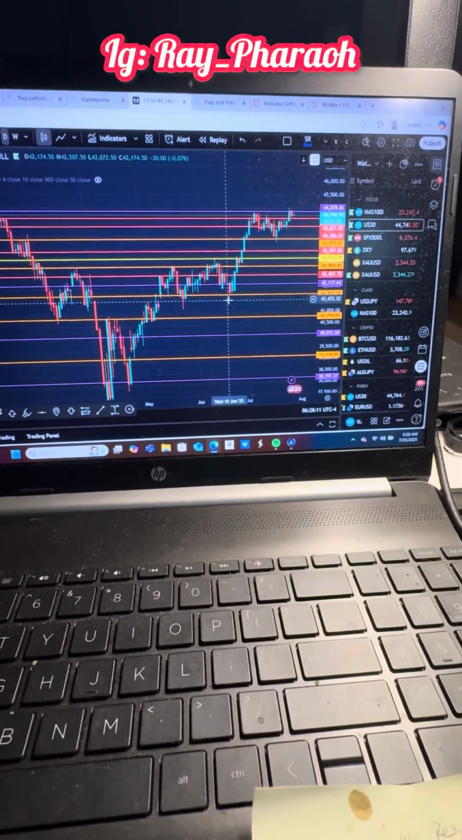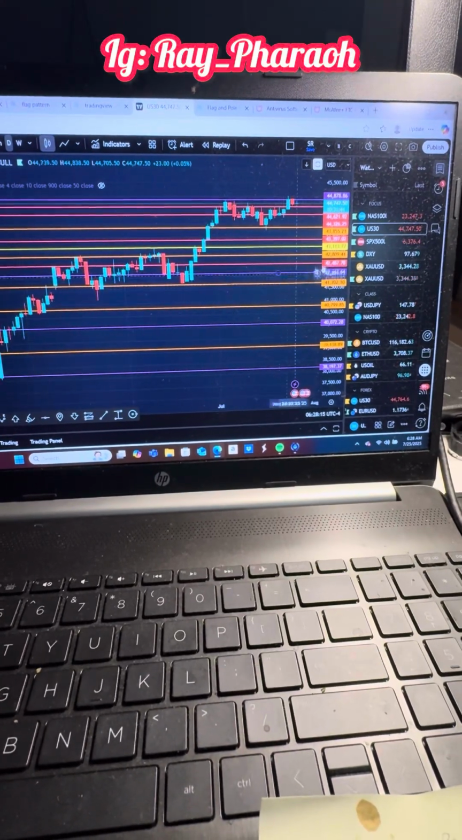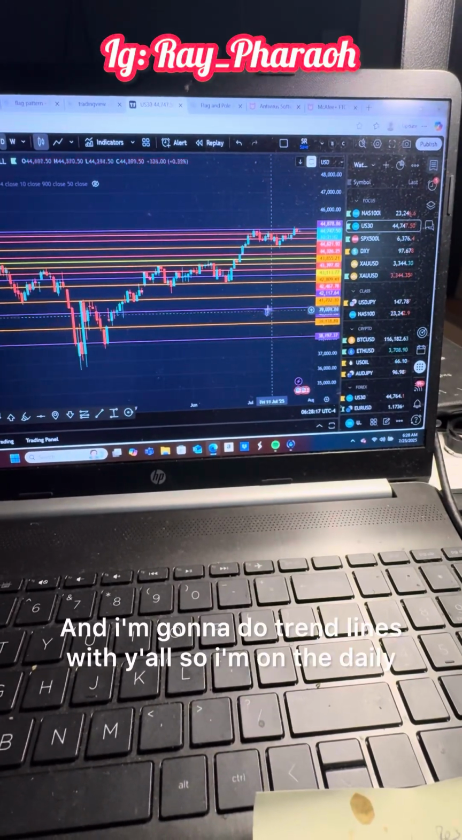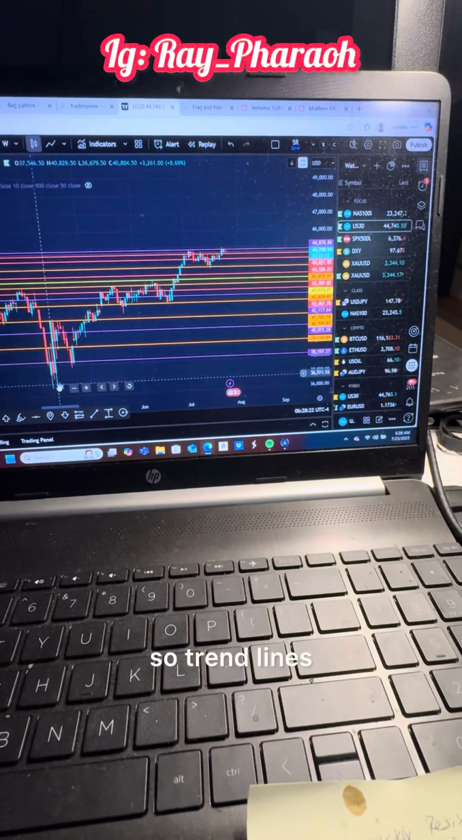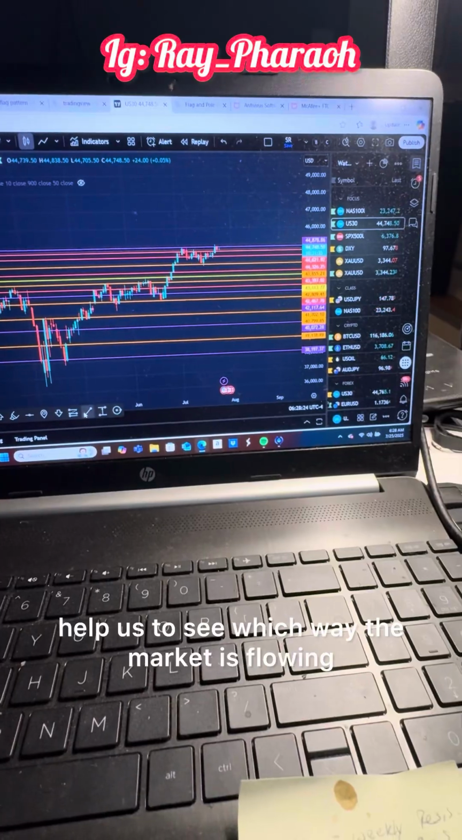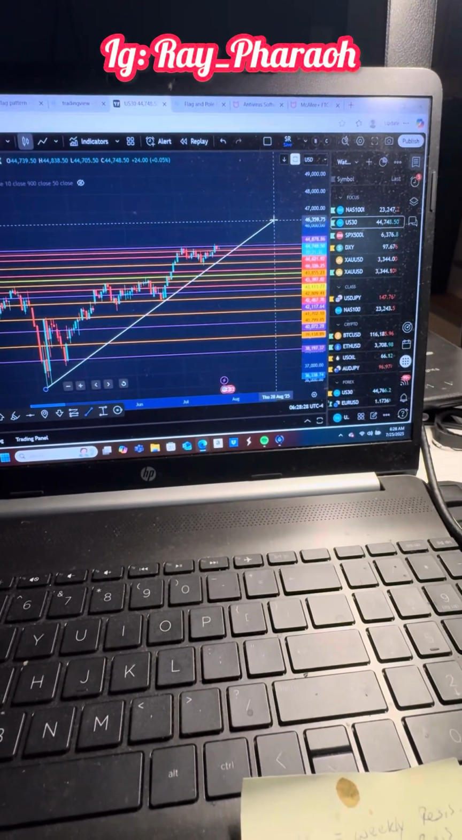What we got? We put trend lines. This is support, resistance areas, and I'm gonna do trend lines with y'all. So I'm on the daily. So trend lines help us to see which way the market is flowing. So as you can see, boom,